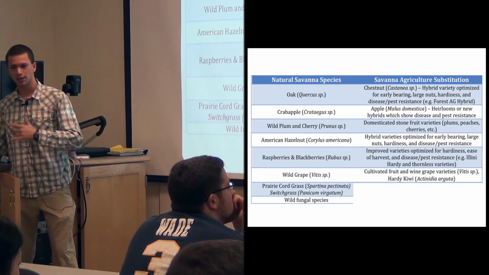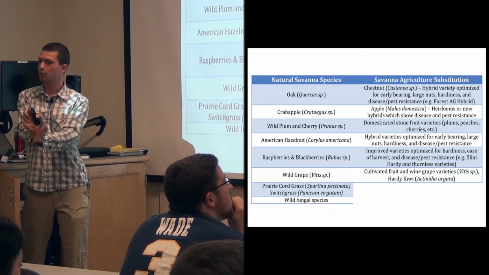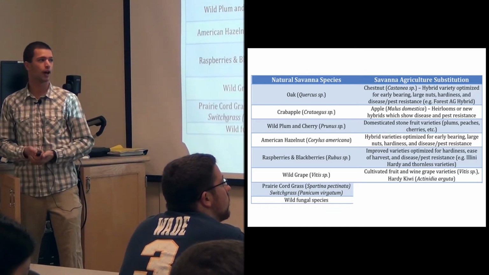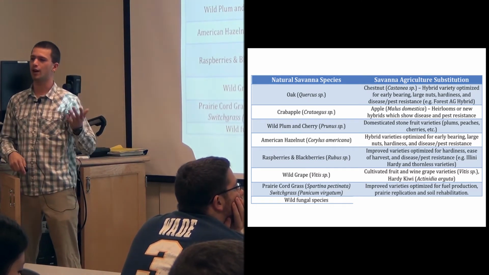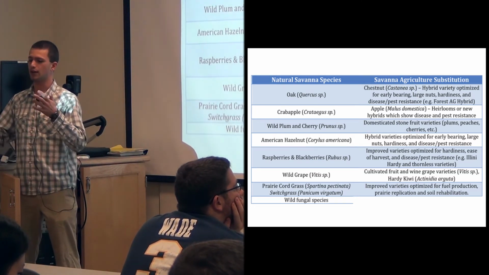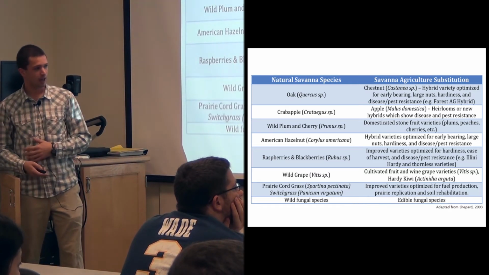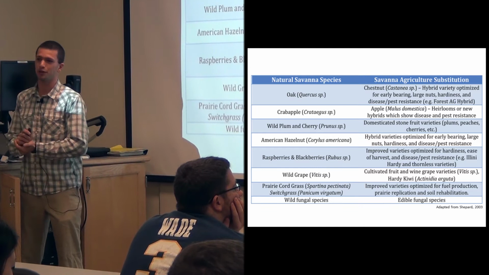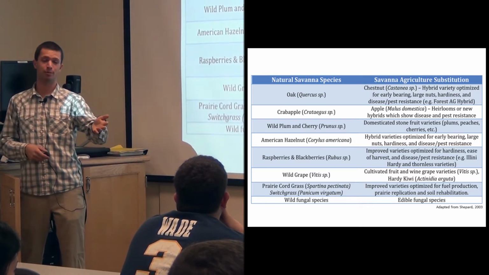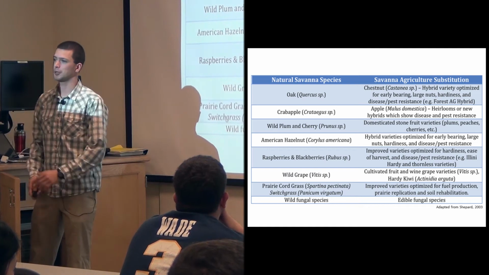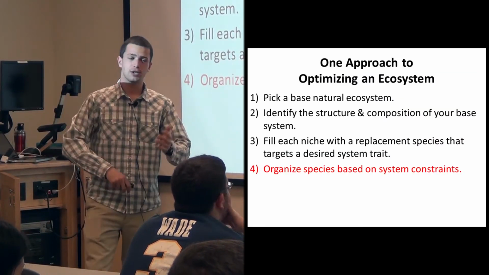Same species, same everything. You just tweak it, and it's going to fill the same mathematical engineering type role, but it's doing something better for us. Prairie grasses, here at the U of I, we do a lot of research on making grasses better for biofuels, so you can stick those in instead. And then fungi, again, I'm going to gloss over because there's so many of them. There's wild species that aren't very edible, in fact, maybe poisonous. We could maybe put in some edible species that we've probably all eaten before. So you go kind of niche by niche, you fill those things in.